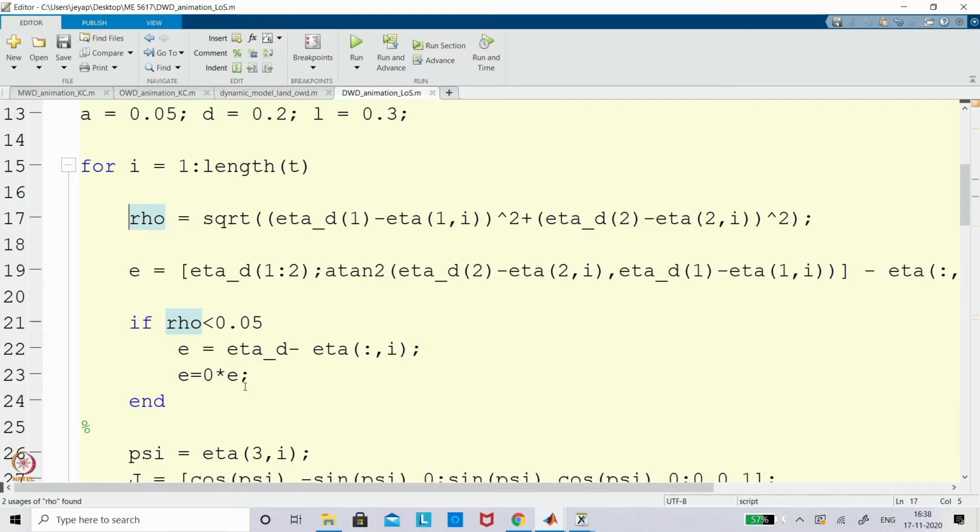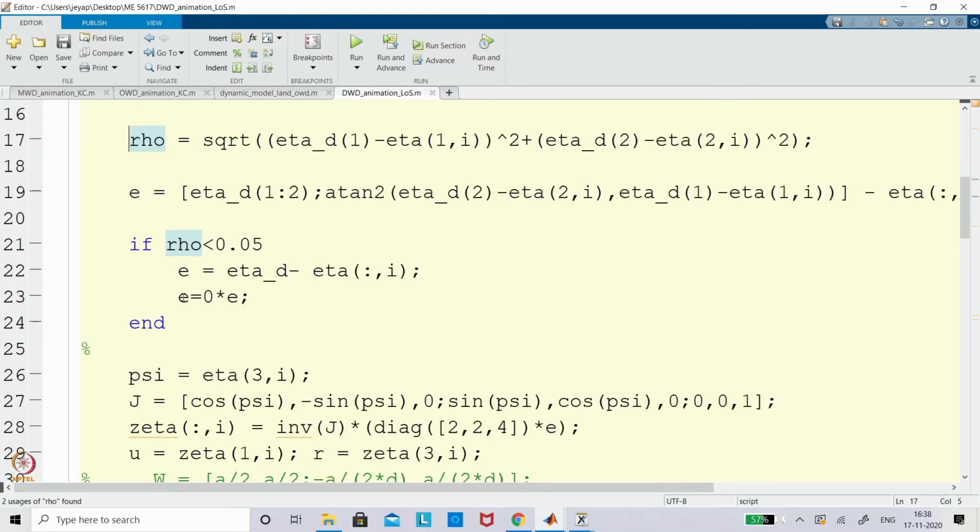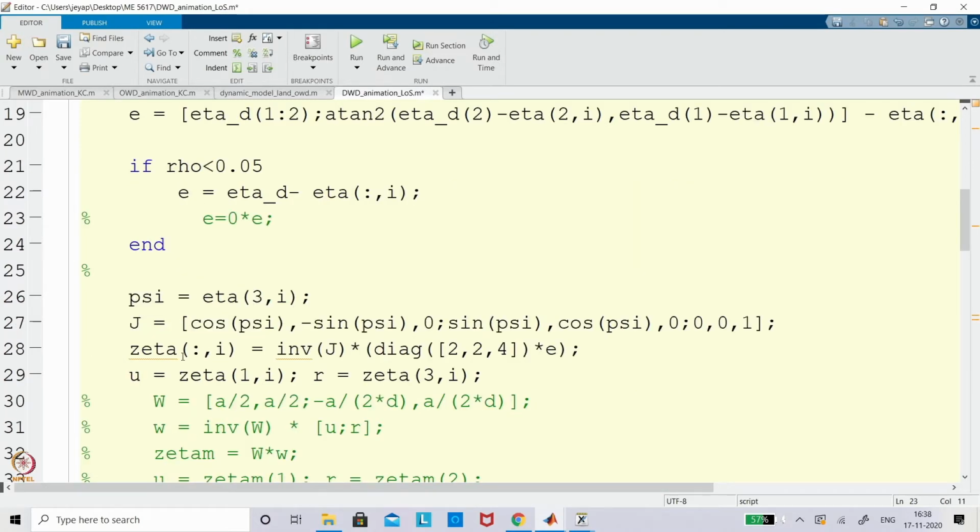So I will come back. Now I will make this the pass command. We are doing the same thing, taking zeta as the inverse of, this is position set point tracking, so you would not have eta desired dot. That's why we have directly written it here. We are assuming K1 and K2 are 2 each, in the sense Kx and Ky, or lambda x, lambda y, are 2 each, and lambda psi is 4.